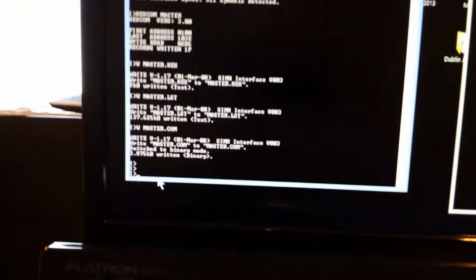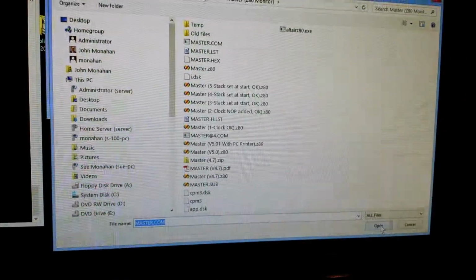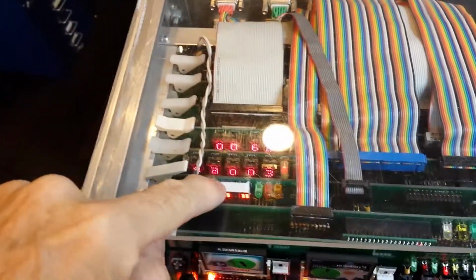We've now made a .com file which is moved into the same folder where the original program is. I use the APSO Telnet to serially send it over the serial link, so transfer using XMODEM protocol, and a master.com file open to send it. So it's now ready to send it through the serial link, which is on the serial board here